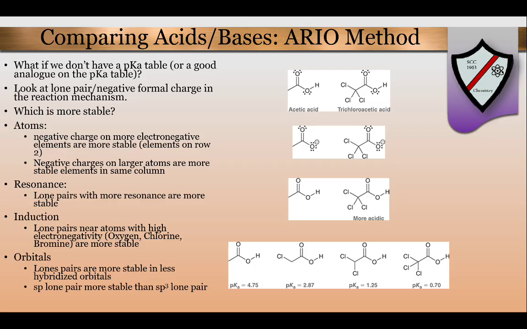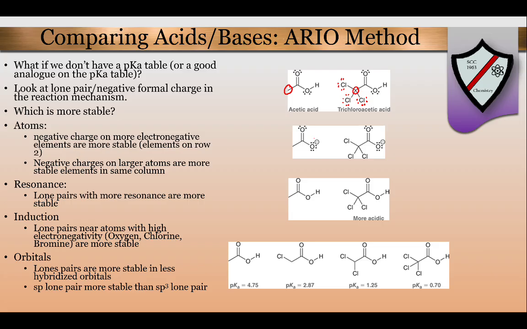As you can see, regular acetic acid has a methyl group here, so there are 3 implicit hydrogens here. The only difference between these two molecules is that those 3 implicit hydrogens have now been replaced with chlorines. And keep in mind, chlorines have lone pairs of electrons, but chlorines are also kind of large atoms with lots of protons as well. And so what we find is, if we look at their conjugate bases,